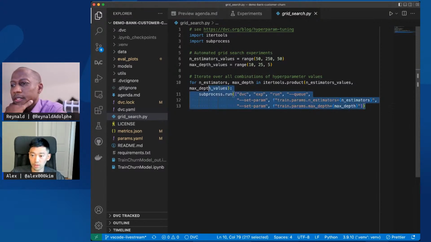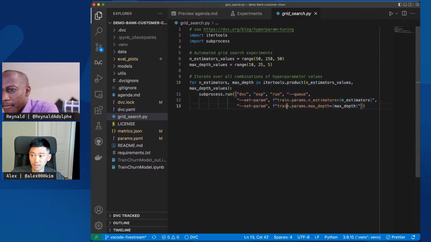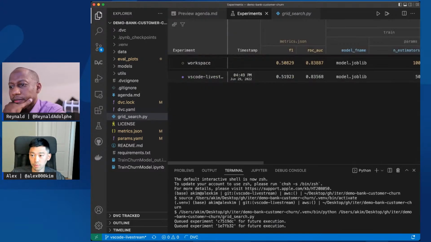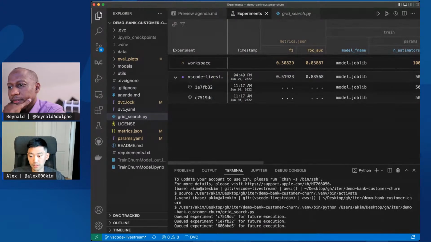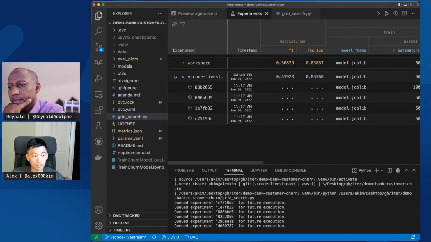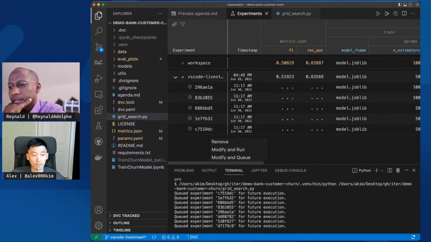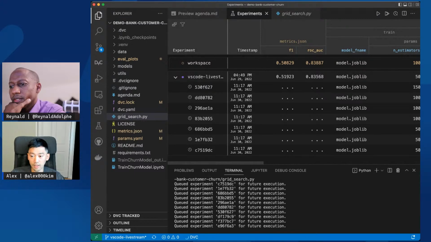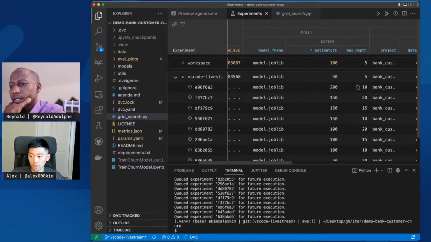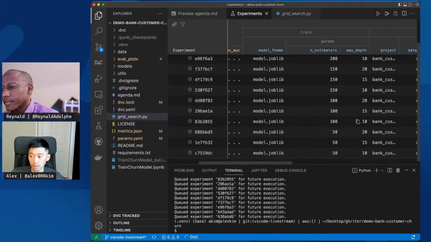Okay. And with this for loop, I'm basically queuing up many different DVC experiments. So let's see how it works. I'm going to run the script and go to my experiments table. And we can see that this script adds more and more experiments to the queue. It doesn't run them immediately. It just places them in the queue, and we can see that all these parameters are different pairs and combinations of the hyperparameters that I wanted to tune.